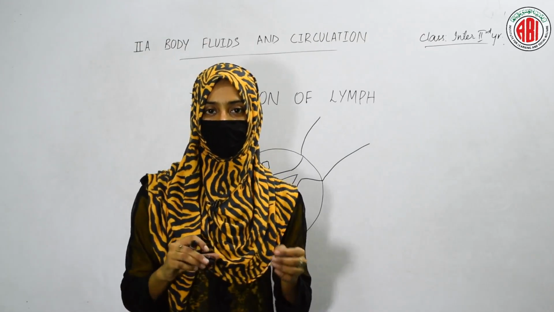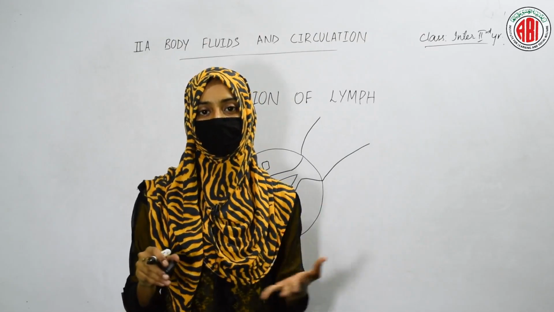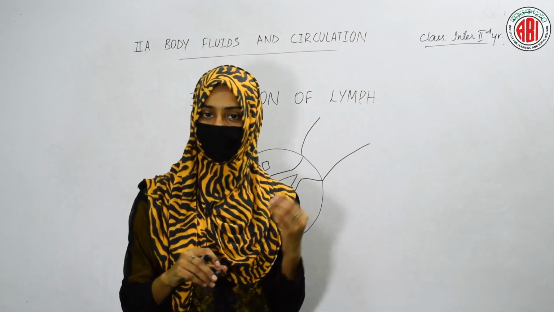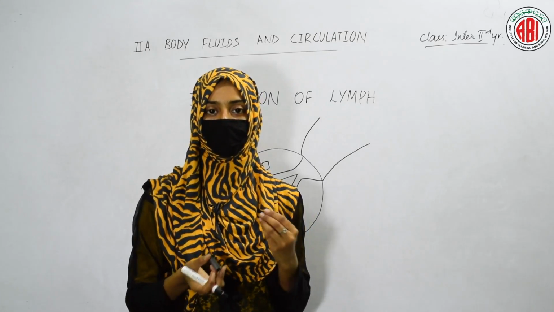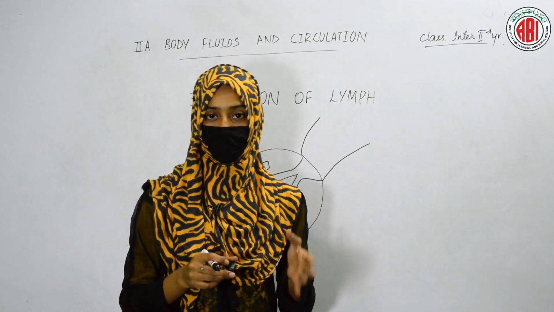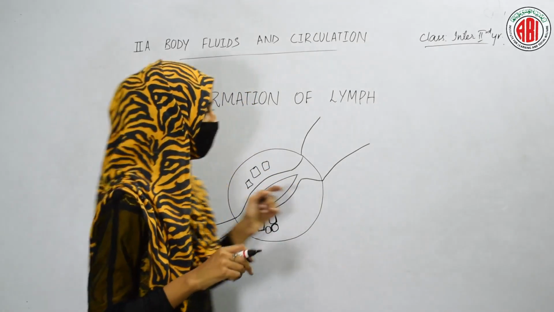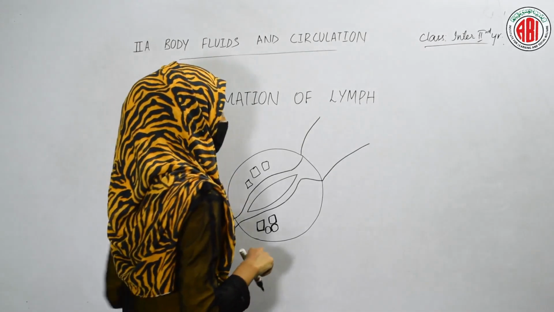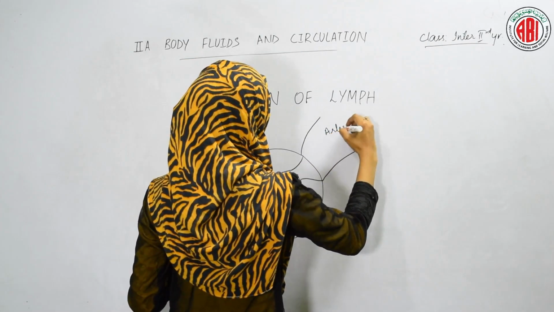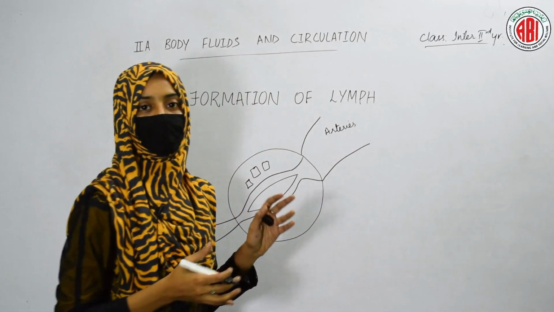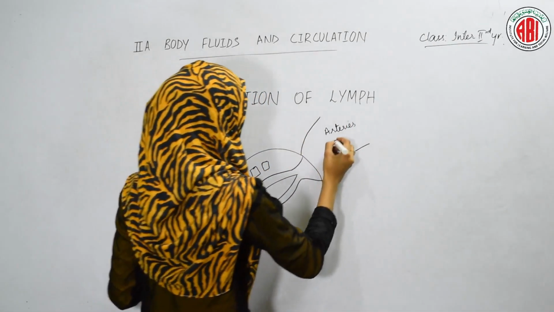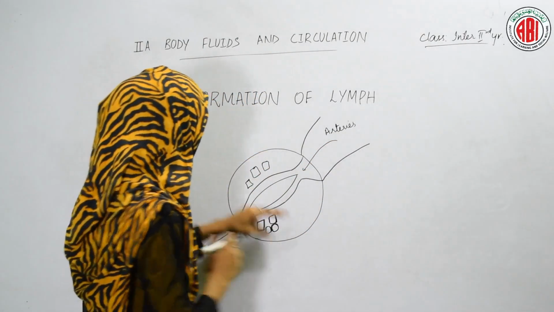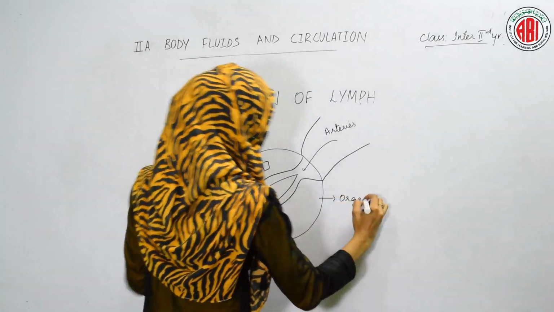Up till now we were discussing the blood and its components, where the blood forms, and how it is transported to the different organs. We have even learned about the different types of circulatory system, open and closed type. While learning about the closed type of circulatory system, we have seen that blood vessels are present, like arteries. Arteries are the blood vessels that are responsible for carrying the oxygenated blood. From the arteries, the oxygenated blood enters into the blood capillaries, and blood capillaries are found in the different organs. Suppose this is our organ, any organ we can take.